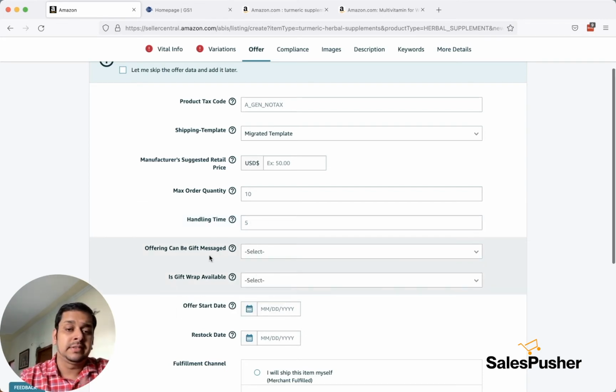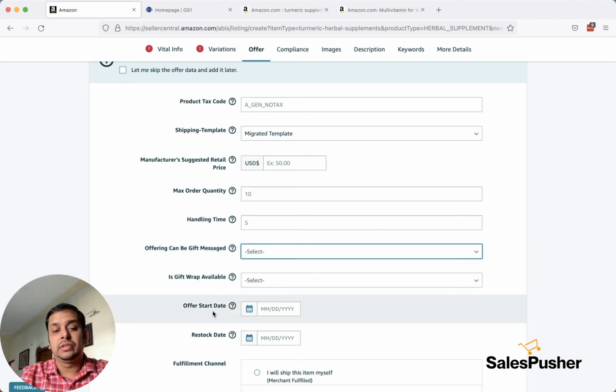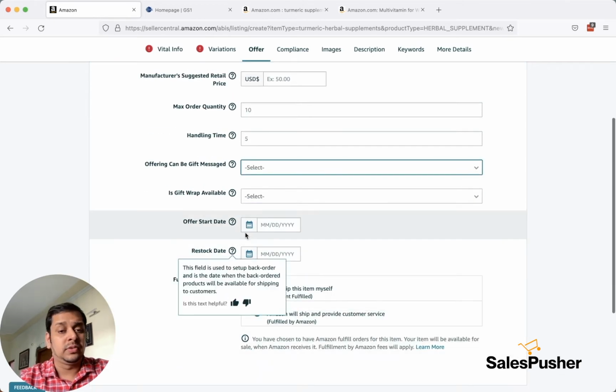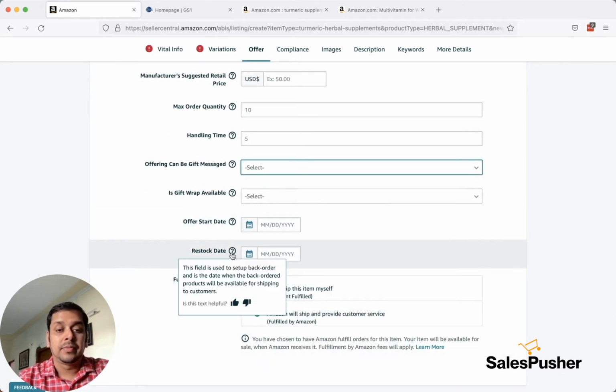So these are gift messages. If you say yes, then a customer can write a message and gift wrap. This is the same thing. The offer start date and restock date: the offer start date is when you want to start selling. The restock date is, okay,